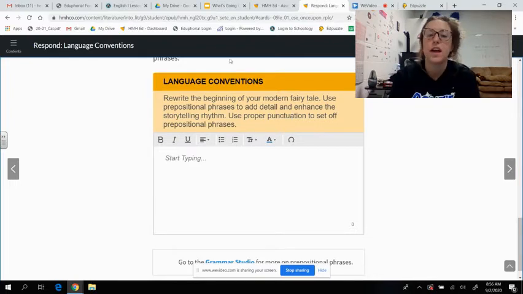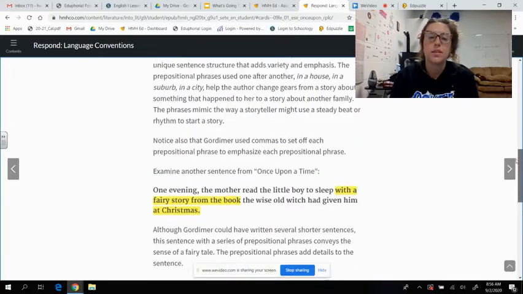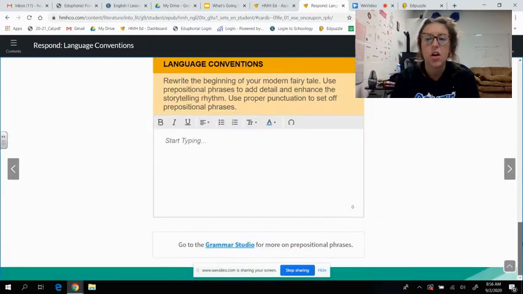Okay, and it'll go over that up here with you, that commas don't always set it off. So just because you see a comma doesn't mean it's a prepositional phrase, okay? We have a bad habit of doing that. Me personally, I love to comma splice, which means you put way too many commas, okay? Just throwing commas in everywhere. I always got in trouble for it in high school English. I like commas. I don't know. I think they fit. Anytime I pause or I feel like it needs to be dramatic, I just throw a comma in, and I have a tendency to be too dramatic, as it turns out.